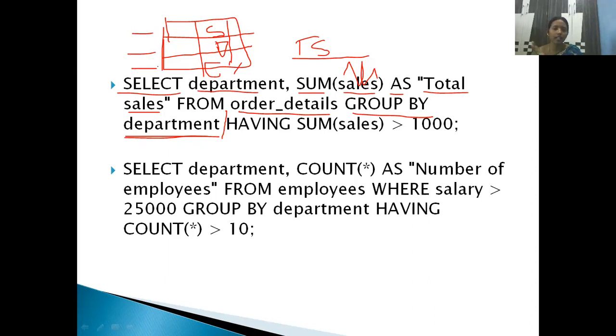Three departments are there. Now in these three departments, what function am I performing? I'm performing sum of sales. Whatever the sales are there for each and every department, I'm summing. That means I'm making a total of all the sales of soaps, detergents and cool drinks, right? So I'm making groups and I'm performing some operation on those groups. So I'm getting this table.